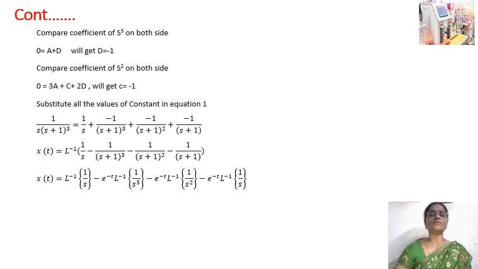Here the second term also, you take, here s is replaced by s plus 1. Take e power minus t, then Laplace inverse of 1 upon s square. Then here s is replaced by s plus 1. Take e power minus t, then Laplace inverse of 1 by s. Okay. So now find the Laplace inverse of the remaining thing. This is as usual only. But here what is the Laplace inverse of 1 by